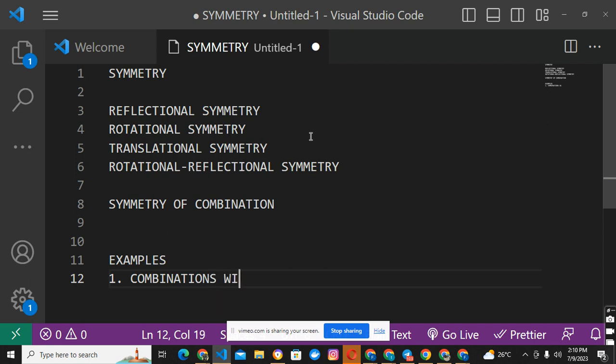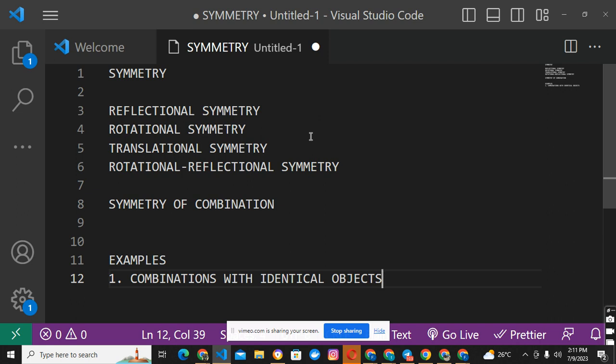When selecting or arranging objects from a set that contains identical elements, the concept of symmetry arises. For instance, if you have a set of three identical red balls and you want to select two of them,